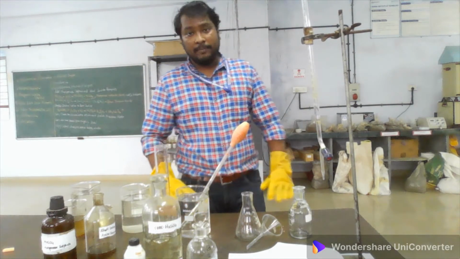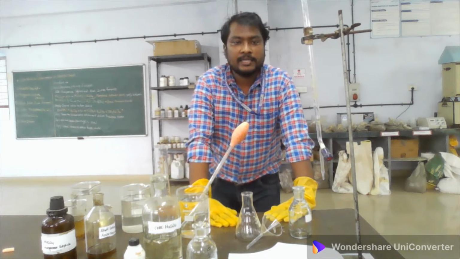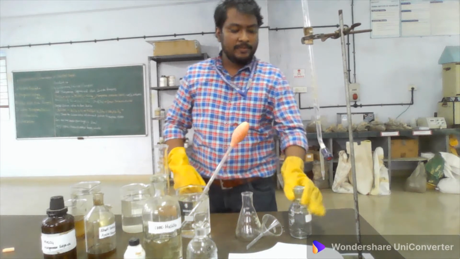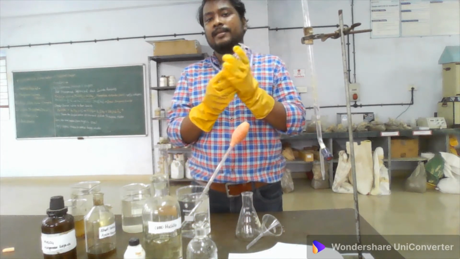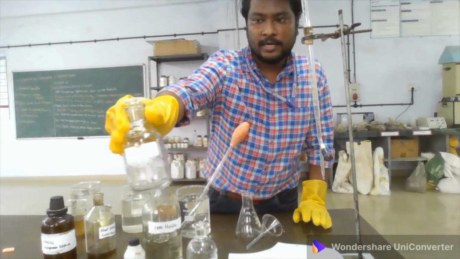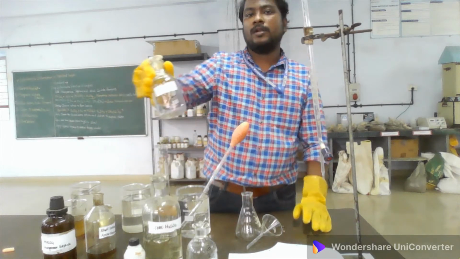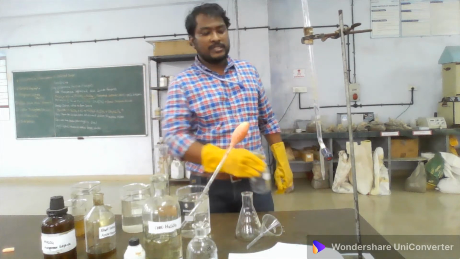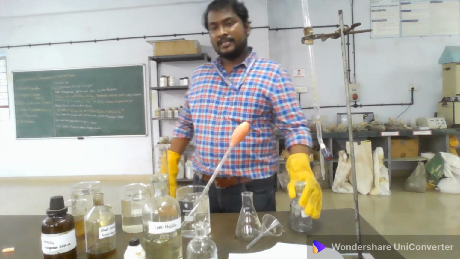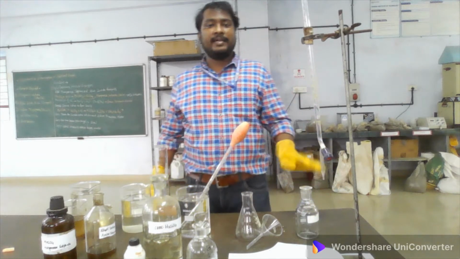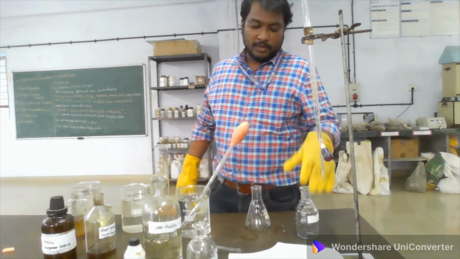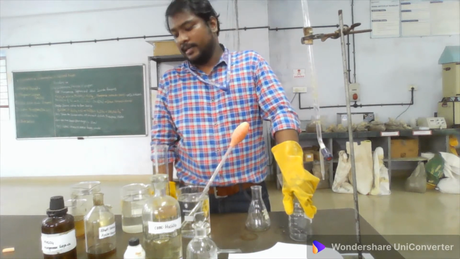Then, talking about the apparatus, what apparatus is required to perform this experiment? One of the important apparatus required, without which we are not able to perform this experiment, is the dissolved oxygen bottle, known as the DO bottle. All the chemicals or reagents which I have just discussed, I am going to introduce into the sample bottle, that is the DO bottle, and I am going to perform the titration in the corresponding conical flask. One flask I have taken, and I am going to perform the titration and get the final result.